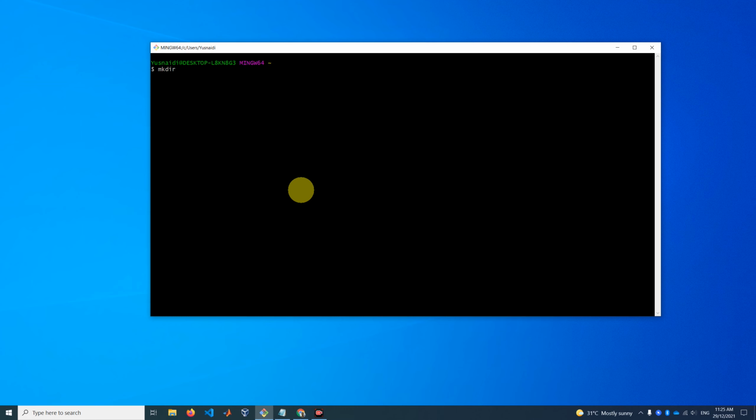Let's say the folder name is testing also. Let's go into the testing folder and let's create one file inside the folder by using the touch command. This is the Unix command, touch, let's say file1.txt,